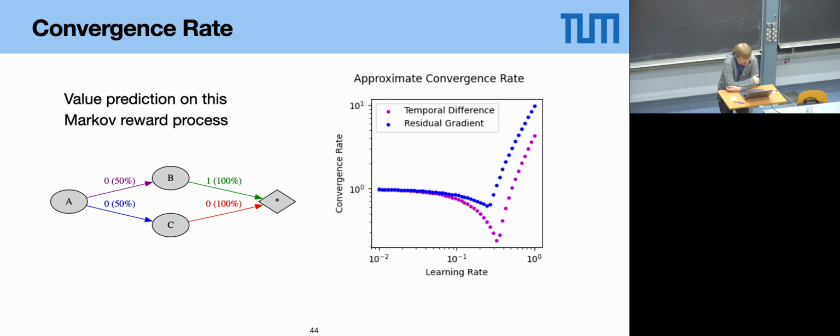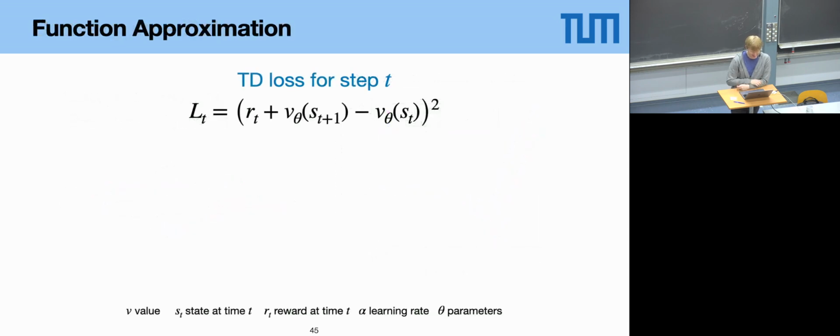And maybe a short comment also: residual gradient is another name for the combination of temporal difference loss with a gradient method. And temporal difference is also, unfortunately, often just used to describe the combination of temporal difference learning with a non-gradient method. It's a bit unfortunate in the literature, but that's the way it has established itself. Just so you've heard it once at least. For the other differences between these gradient and non-gradient updates for temporal difference learning, we need function approximation.